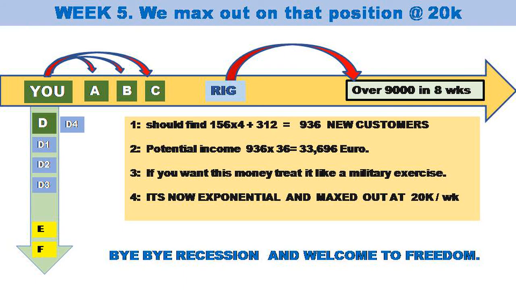Just to sum up, we can take the illustration out to week 5. Now, in week 5, assuming everybody duplicates on what we've just said, you're going to max out. If you look at the numbers here, and again, we'll go through this in training, week 5 would give numbers of €33,000. So on this illustration, you're going to max out at week 5. 20,000 a week would be the max out figure. So now it would be time to bring in, remember we talked about the sleeper? Now it would be time to activate the sleeper to make even more.